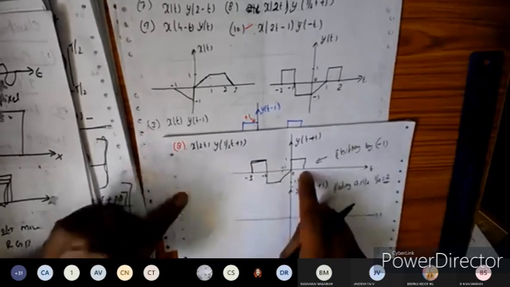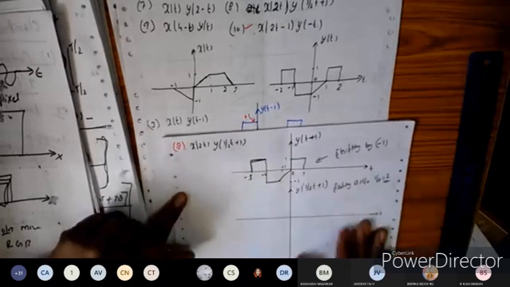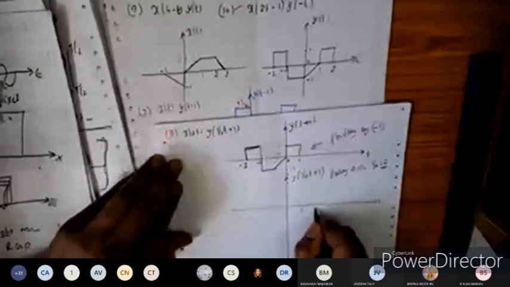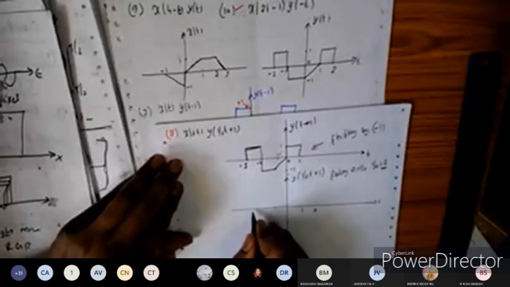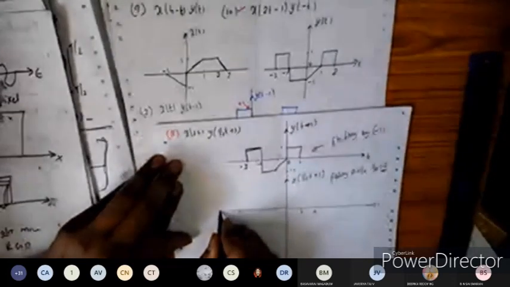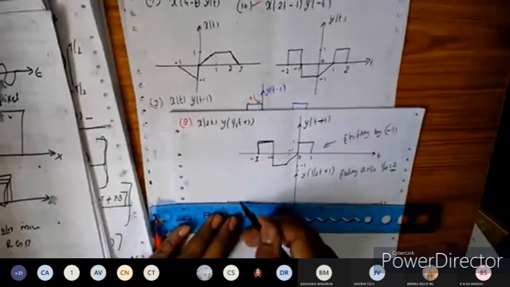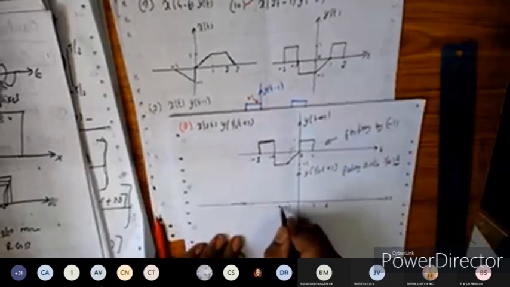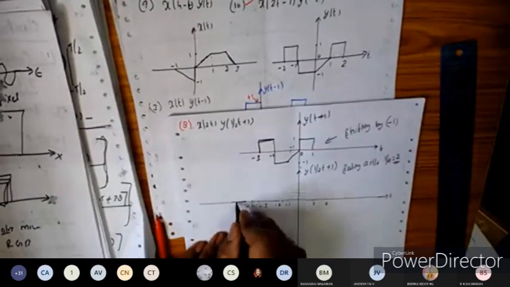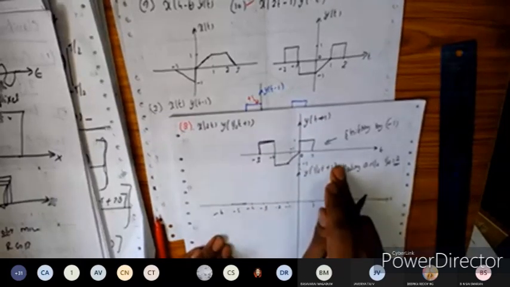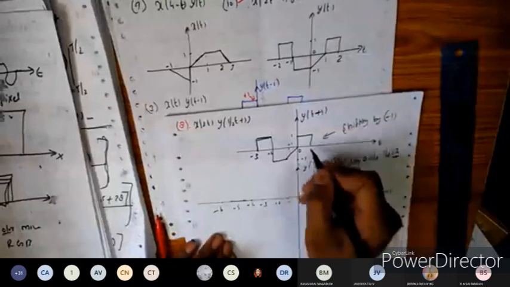2 times means we need to multiply this with 2. All the time intervals we need to multiply with 2 here. Okay, so let us mark the time index as 1, 2. So minus 1, minus 2, minus 3, minus 4. Okay, so this will extend the time index. Okay, so minus 1, minus 2, minus 3, minus 4, minus 5 and minus 6. So this is the time index here. Y of 1 by 2t means the value of a is 1 by 2. So 1 by a will become 2 here.